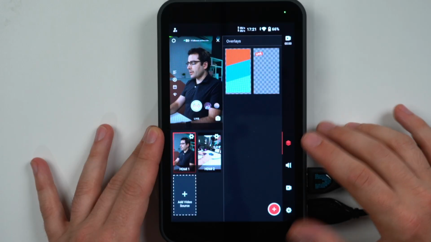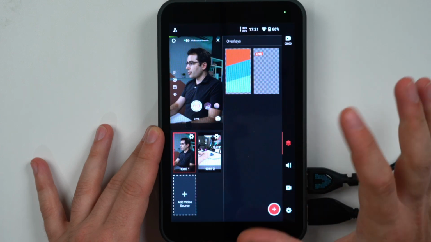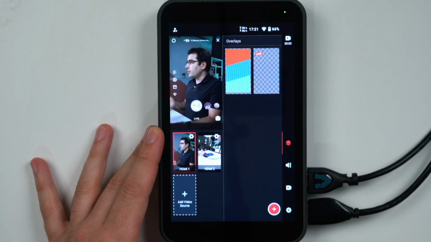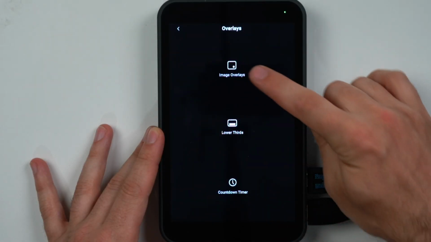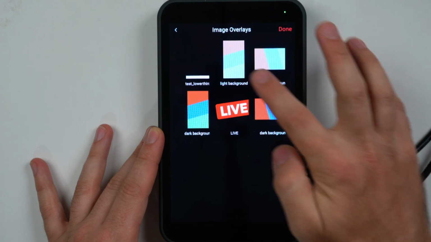In this first tab, this is where you get to create your overlays, both graphics as well as titles. You can add images and add them onto the screen whenever you want. You will first have to save those onto the SD card, and then you can load images in from the SD card. So go ahead and click the plus, then choose Image Overlays, and these are the images that are